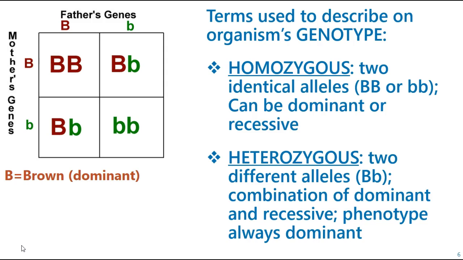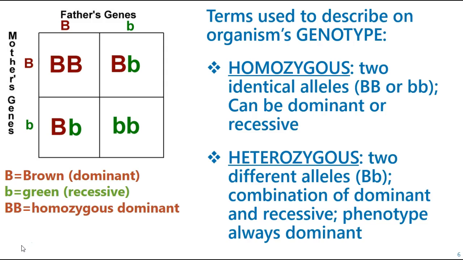And in this example, we have a cross between a father and a mother who are both heterozygous, and in this example, the uppercase B that represents the color brown, which is dominant. And the lowercase b represents green, which is recessive. And in the offspring, we see